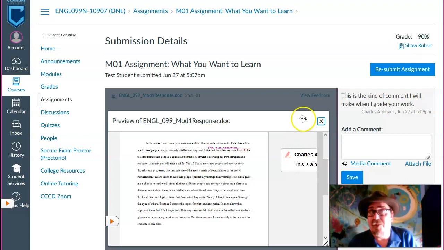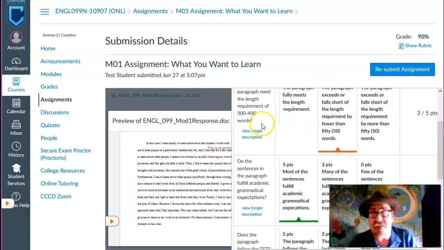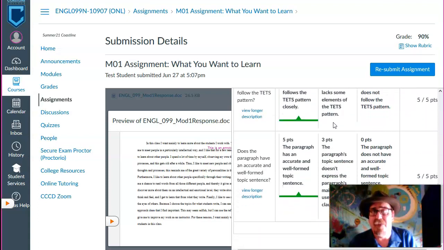Finally, as you look at this assignment, you'll notice that it has a rubric, which is a set of criteria or standards that I've assigned point values to so that I can grade you more objectively. You can look at that rubric and see how your work measures up to the standards that I've assigned for it. Notice, for instance, that this paragraph does not meet the length requirement, so that's some points off. Otherwise, pretty good. So this student has to work a little harder at making paragraphs that meet the length requirement